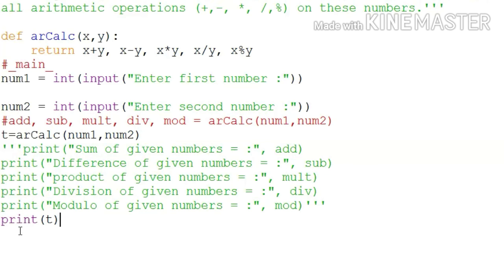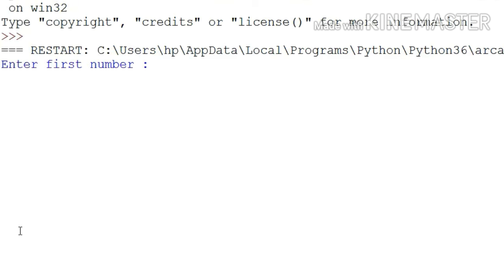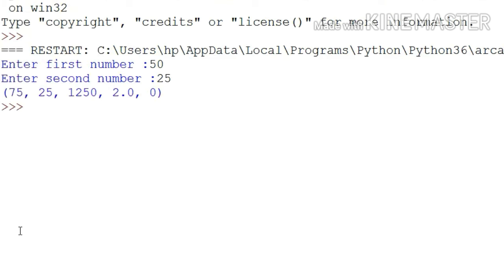Okay, now let us save this program and run the program. So now I am entering the first number 50, second number 25. See, now you get the computed result as 75, 25, 1250, 2.0 and 0. You get the same result.